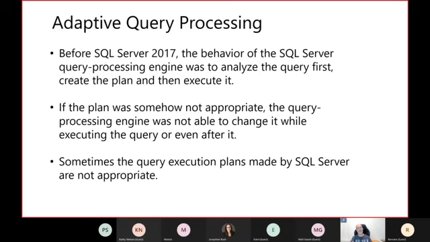So with this concept of adaptive query processing, what Microsoft is doing is: I get the initial plan, I get a certain amount of memory, and then I execute it. If the plan notes that it's using less memory, it will adjust the memory grant for the following execution.